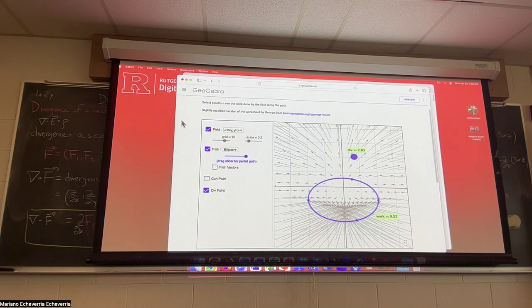So in terms of a bathtub, you would pour in water at a point where the divergence is positive, and you would remove water at a point where the divergence is negative. So you create a sink, essentially.